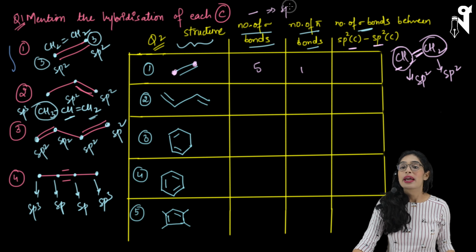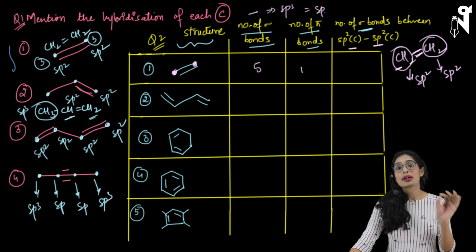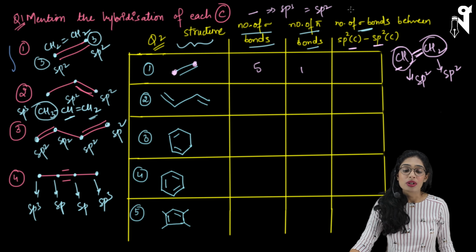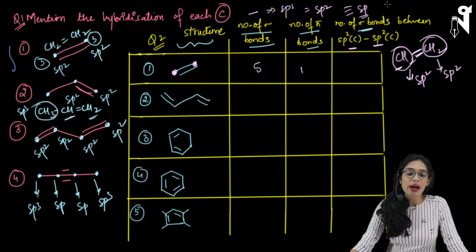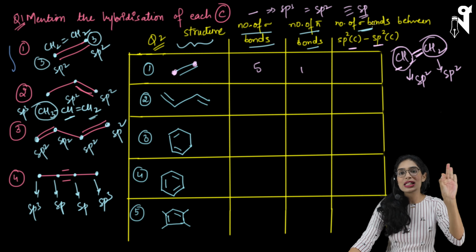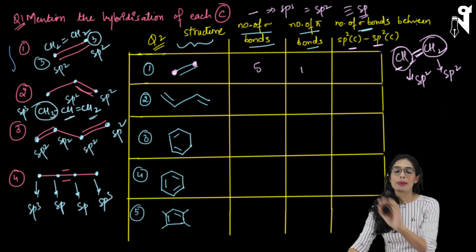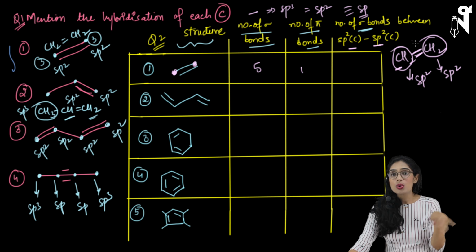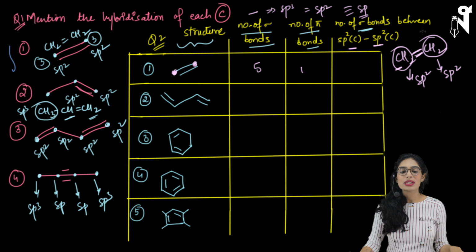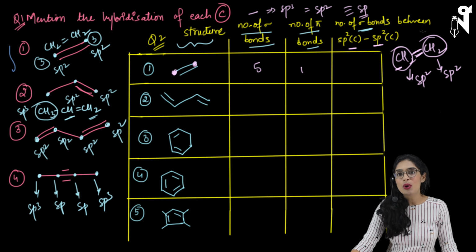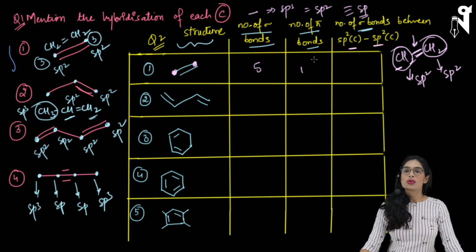Double bond: the carbon carrying a double bond will have a hybridization of sp2, and the carbon containing a triple bond will have a hybridization of sp. So I have two sp2 hybridized carbons over here, and now we know the number of sigma bonds between one sp2 hybridized carbon and another sp2 hybridized carbon is just one. We're not talking about the total sigma bonds, we're talking about the sigma bonds between two sp2 hybridized carbons, and that is going to be just one because there are two bonds in total, one sigma, one pi. So this is also one.